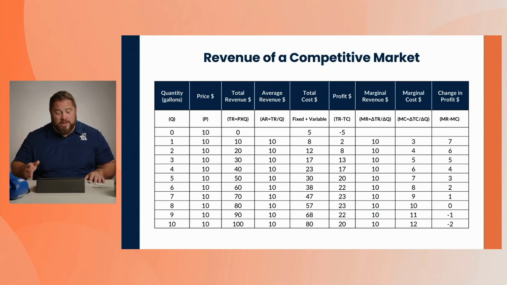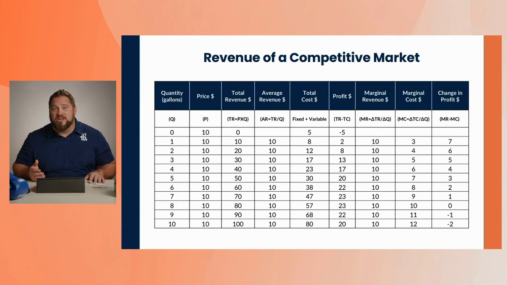My total cost is my fixed cost plus my variable cost. So here, hopefully you can see that my fixed costs are $5 because I'm incurring that even when I'm not producing anything. Even when production is zero, I'm selling 0 gallons of water. Okay, so other than that, all of my costs now are of course going to come from my variable costs.